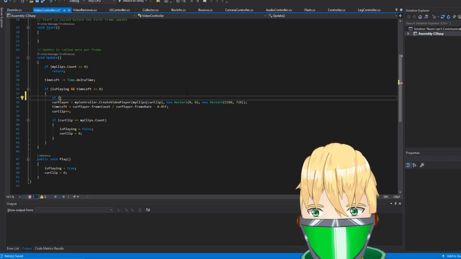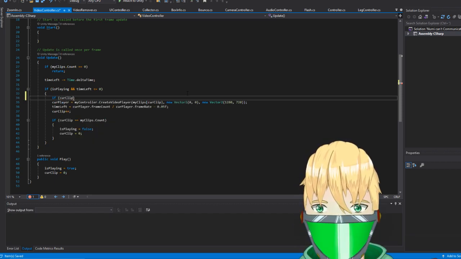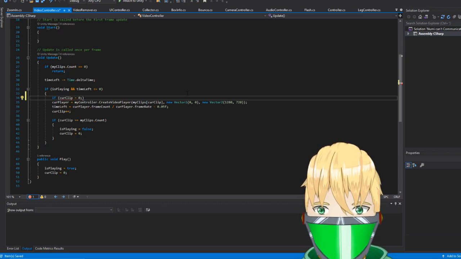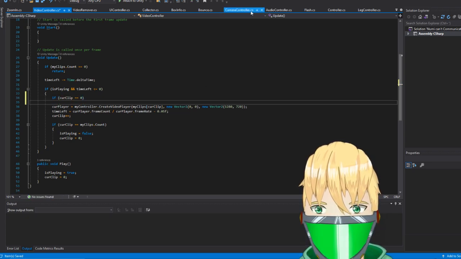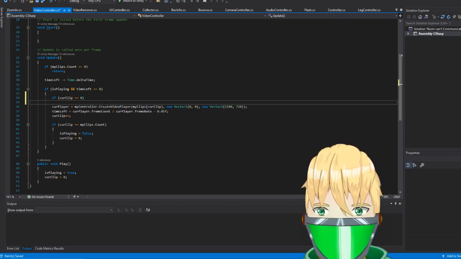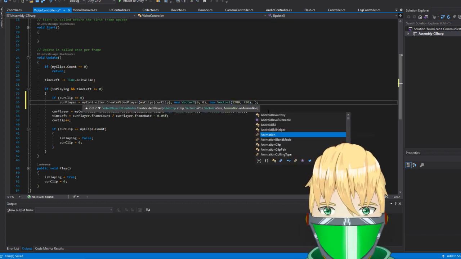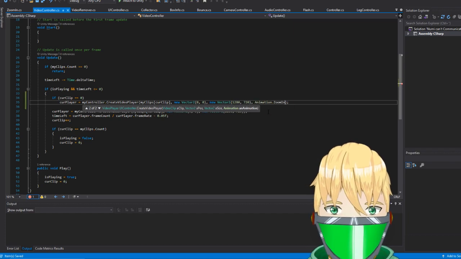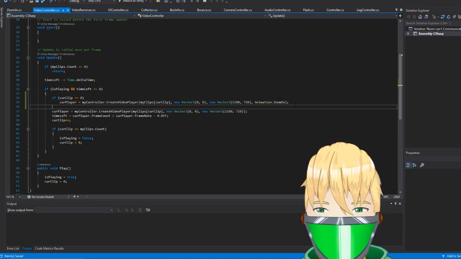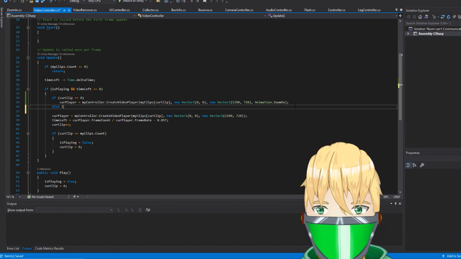So if cur clip equals 0. Not like that. Okay, well, at least not do that at least. We will use this, but instead we will send in animation.zoom in.